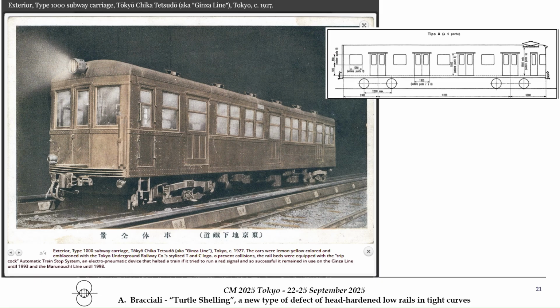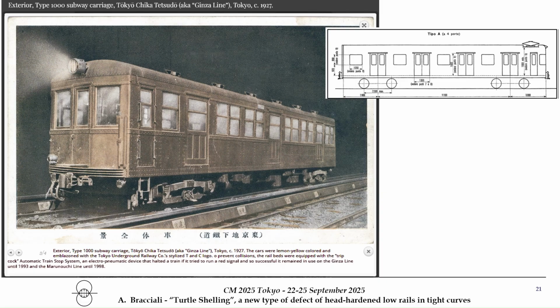This is the first Tokyo metro in 1927. And if you go to the nearby station and take a train, it's exactly the same: a car body with 2 bogies and with 2 wheel sets each. So nothing changed from that point of view. We got corrugation 100 years ago, we got corrugation today, and we'll get corrugation in 100 years. So nothing changes. It's impossible.